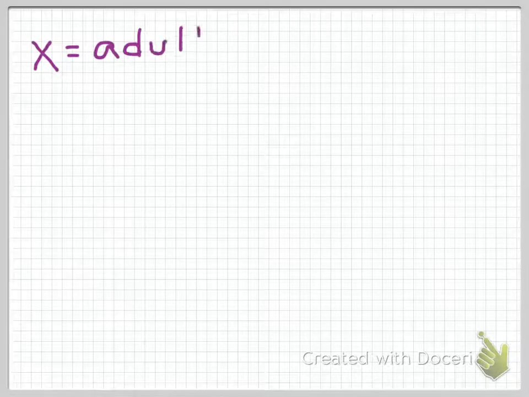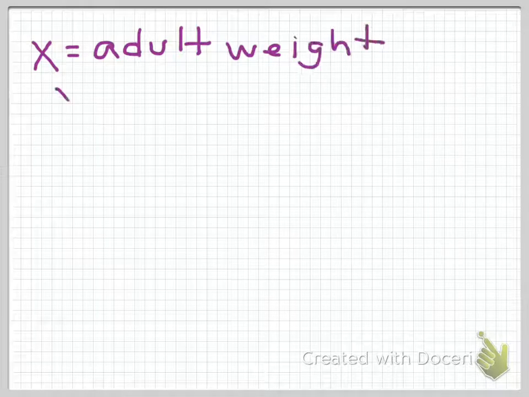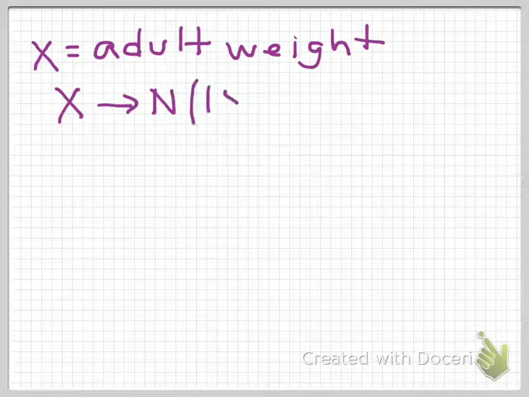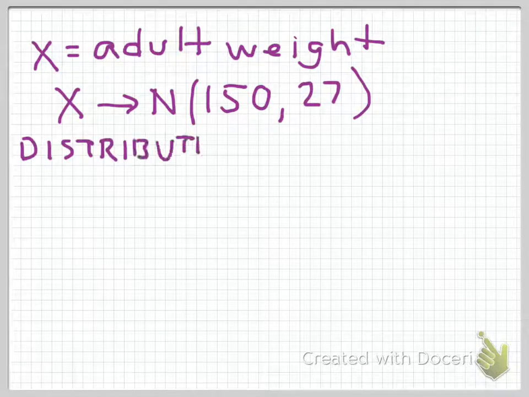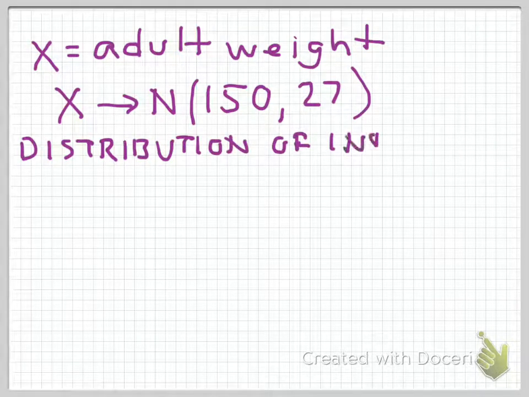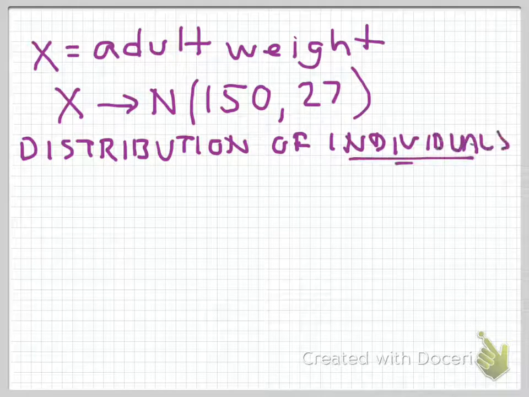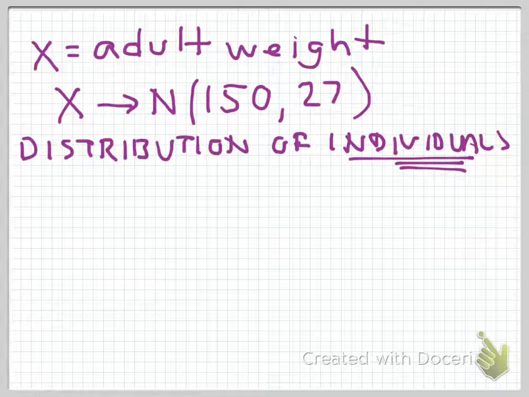First of all, we're given information about adult weights, and we're told that the mean weight of people is 150 pounds, and the standard deviation is 27, and it's normally distributed. So I'm going to go ahead and summarize it using our notation. And it's important to note that these numbers relate to individuals. When we see the numbers 150 and 27 as a standard deviation, these numbers would be helpful if we wanted to find the probability that an individual exceeded a certain weight, or that an individual was less than a certain weight. But this problem really isn't about individuals, it's about 16 people getting on an elevator.